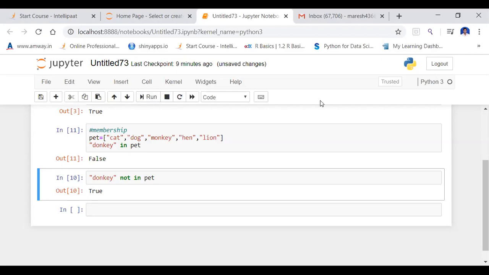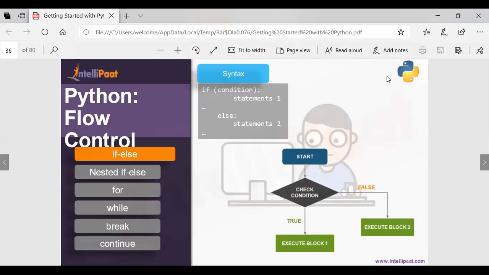Now I am going to stop my screen sharing. You may execute in your Jupyter notebook. Have you understood this one? If is followed by a condition. If the condition is true, this block of statements is executed. If the condition is false, then the else block statements are executed. Let me execute in my Jupyter notebook so you may understand clearly.